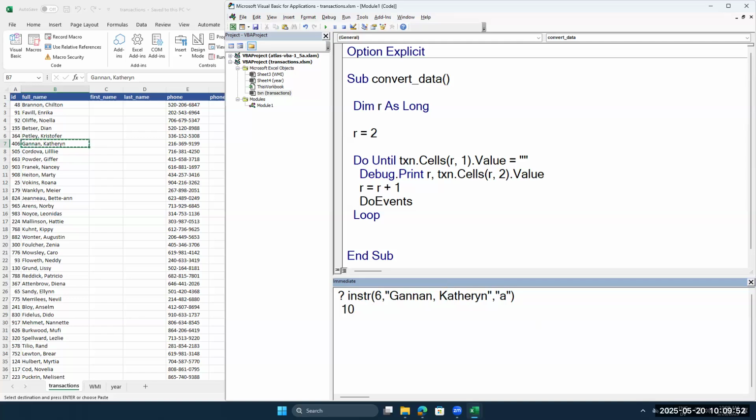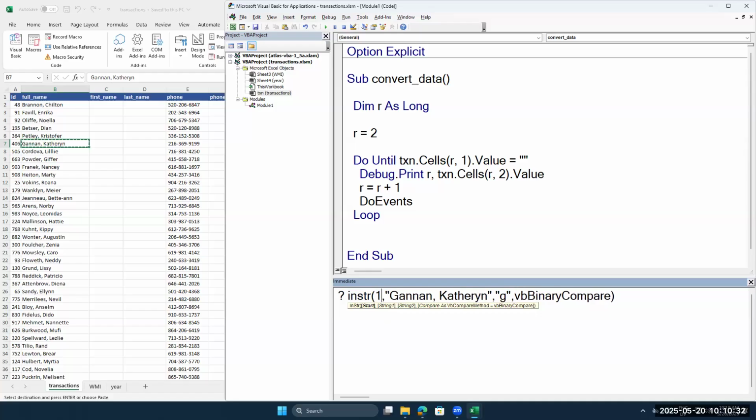There's another option here at the very end that we can include. Let's see, can we see it? If I do a comma, I can compare, and there are different things to compare here. One is binary compare, and if I wanted to use this option, I could just click on it or type it in. This is an interesting one. So if I have a vbBinaryCompare option inside of my